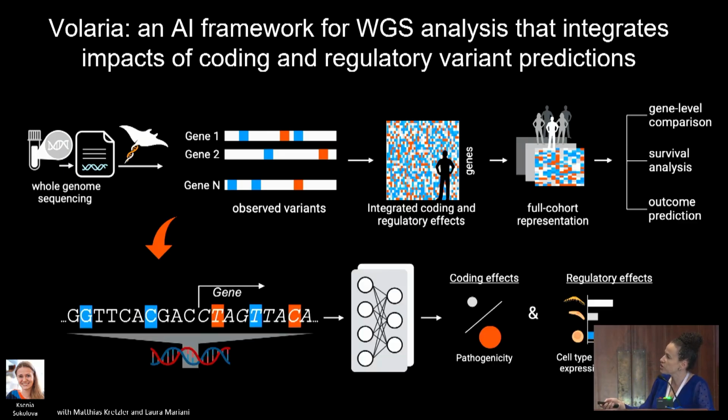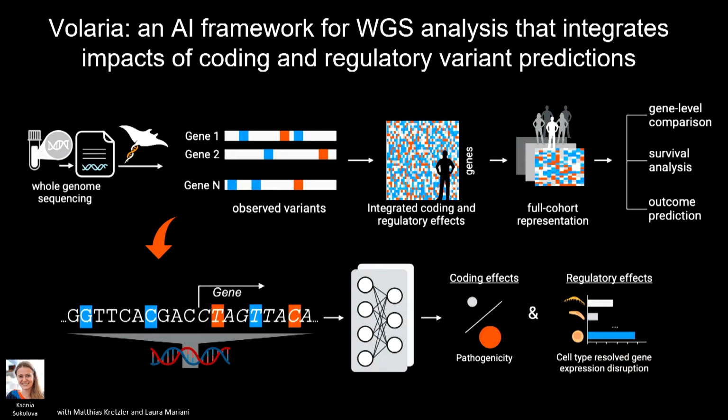So let me just go a little bit in detail for a given gene. What we're actually doing is we're running a coding effect model. This is actually AlphaMissense, so it's a public model, but you can easily swap whatever you want. And for the non-coding transcriptional effect model, we run our cell type resolved gene expression disruption model. So you actually get a specific mechanism in a specific cell type where the disruption happened. And those are integrated, and you can imagine how you can extend this also for post-transcriptional regulation models, et cetera.